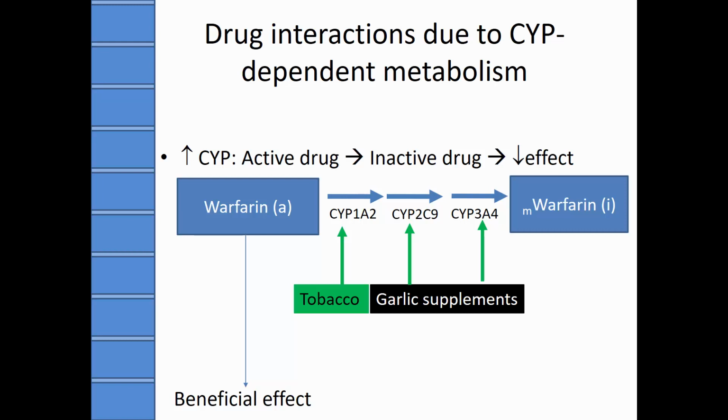Secondly, if the patient is one of those people that want to use a lot of herbs because supposedly all herbs are healthy, well, garlic supplements have been shown to induce the activity of CYP3A4, and that could be significant because, as we know, 3A4 is the heavy-duty CYP, a drug metabolizing enzyme, and so